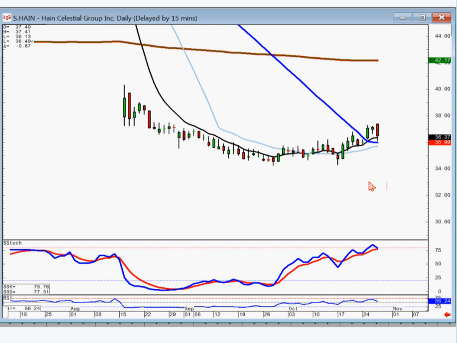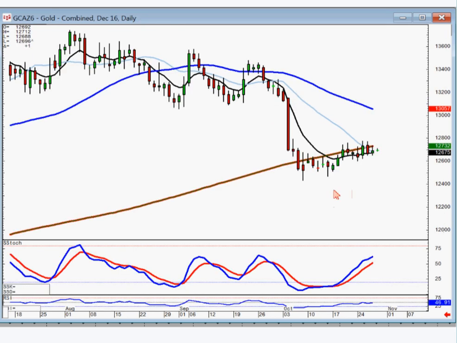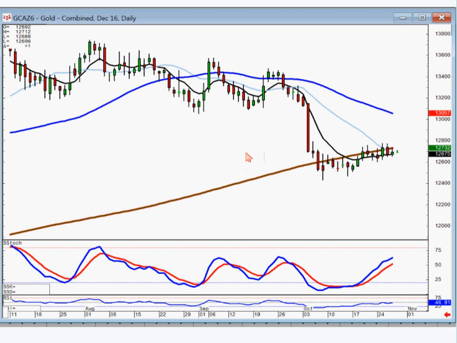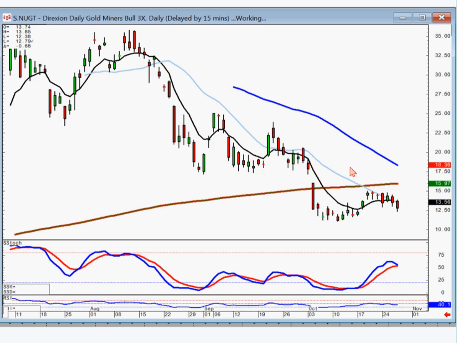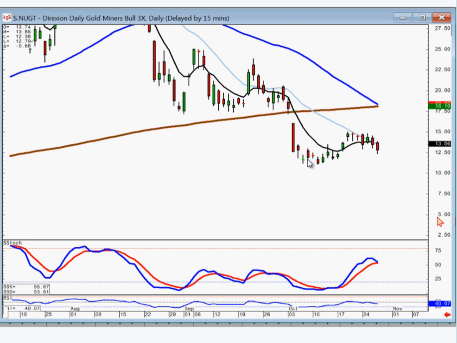And we go through the analysis of what's going on in the markets, which sectors, which commodities, futures are working well. So if we're looking to buy gold stocks, we can analyze gold very quickly. We can see gold is going nowhere. So that means we're probably not trading gold, which means things like NUGT, which has been in a downtrend, the T-line